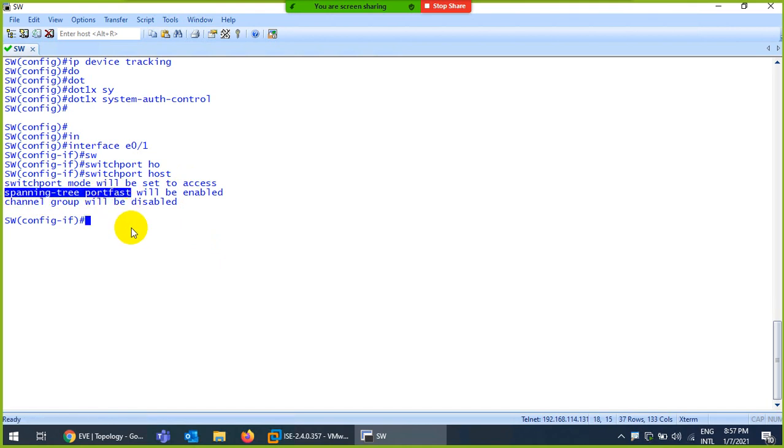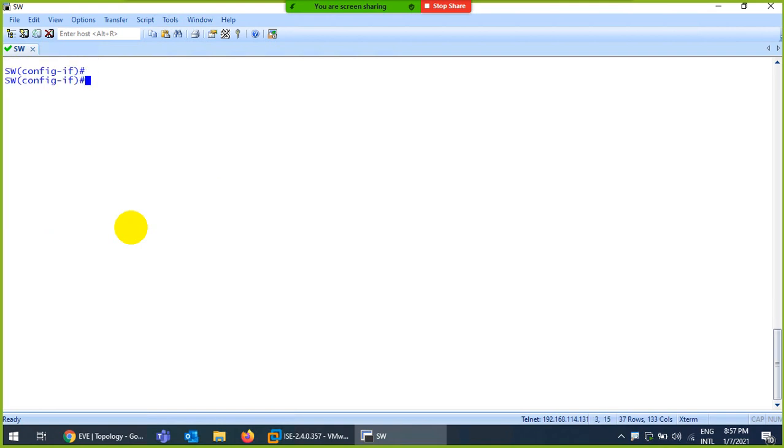So rather than typing two commands, you can type switchport host to make this port an access port and enable spanning-tree portfast. You may know these two commands from CCNA level. What does portfast mean? Whenever somebody connects, don't check them, like the 50 seconds of processing, so it will be skipped. And access means this port is connected to an end device. First command under the interface. Okay, done.